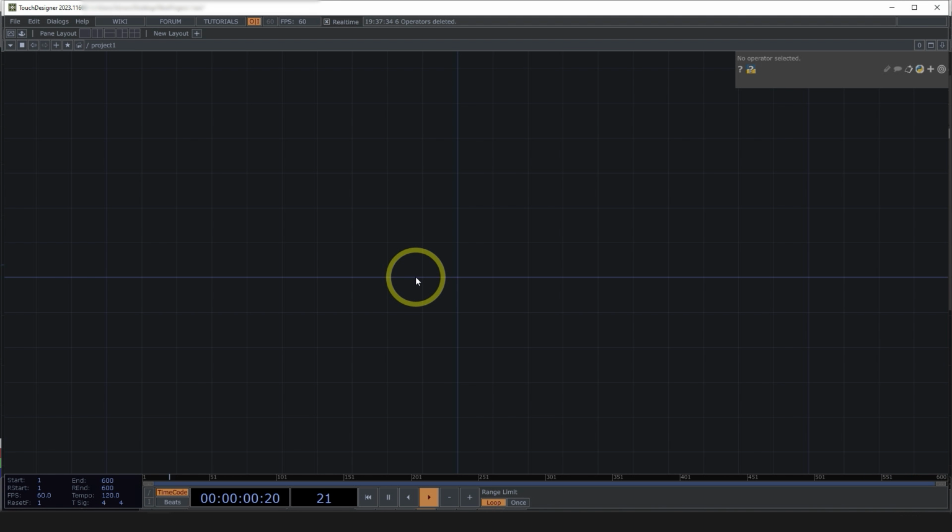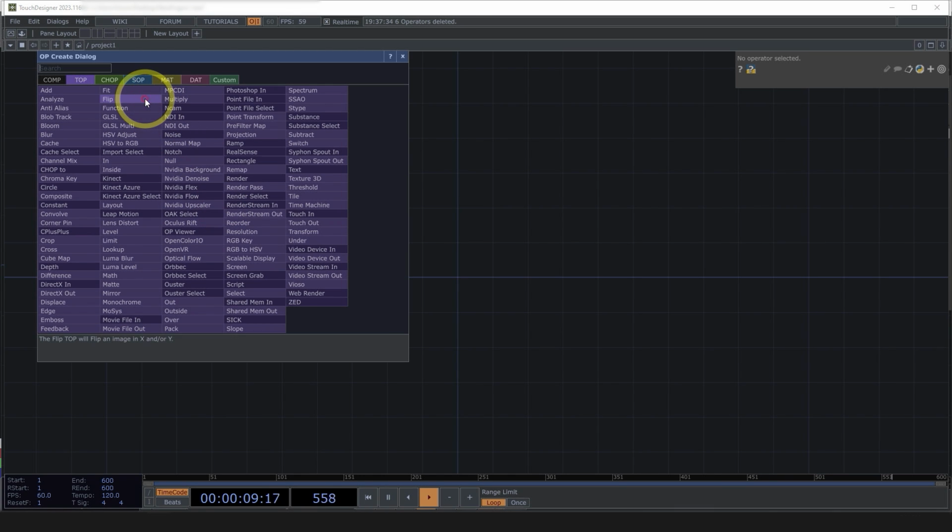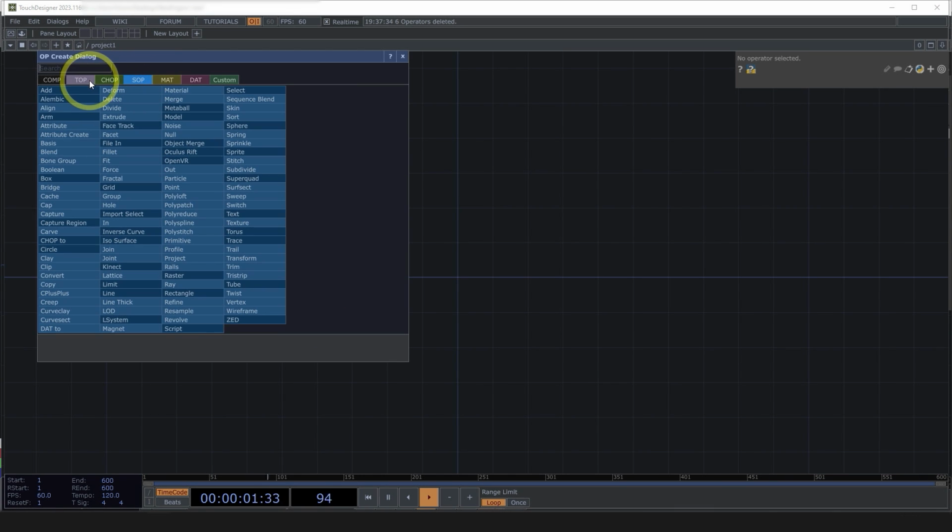Before we jump into creating our torus, I want to talk a little bit about different operator families as they pertain to instancing. Specifically, we can instance using TOPs, CHOPs, SOPs, and DATs to drive the different qualities, and we can use these in different combinations as well. So I want to look at the difference, and also the relationship between how you can coordinate those instances between different families. So let's start with a Grid